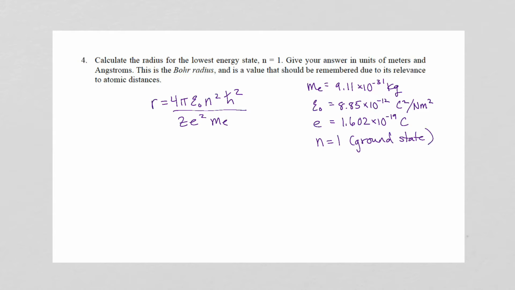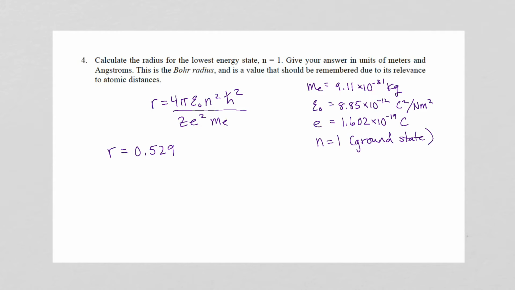And for our ground state, we have n equals 1. So those values you can look up. McQuarrie has a table of all these physical constants in the front cover. You can find them on Wikipedia or your favorite reference source. So plug those values into your handy-dandy calculator, and if life is good to you, you should get a value of